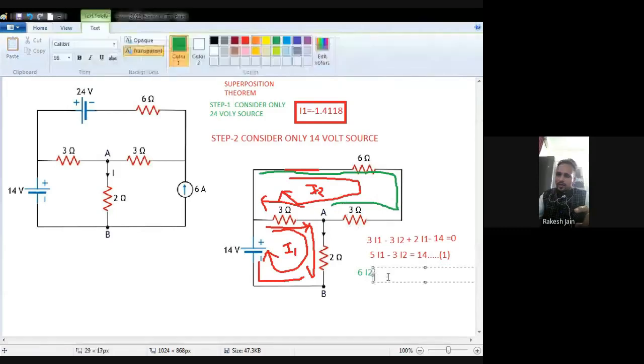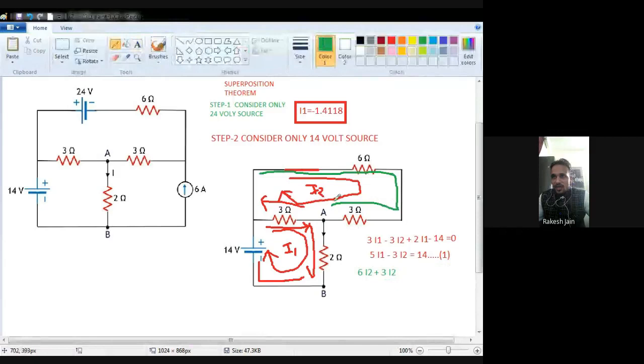See, because this is a voltage source, it can be removed by a short circuit only. So short circuit. Okay, and the current source is also removed, so this source is removed by open circuit. When I remove this one, there is no meaning of this branch, and no meaning of this wire, also no meaning of this wire branch.